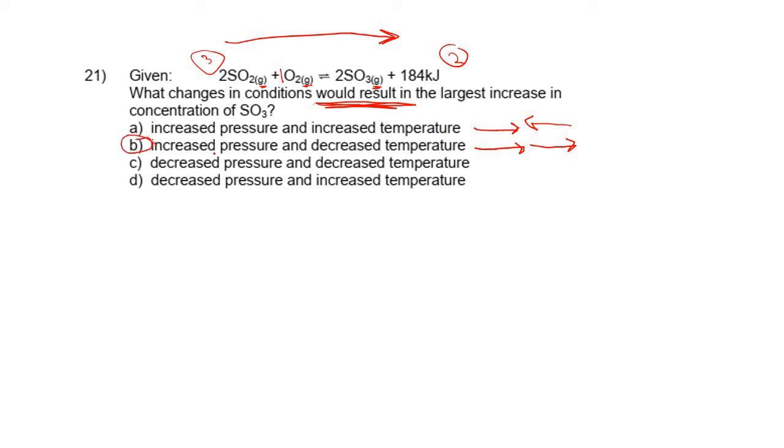So let's look at the other ones. Decreasing the pressure, well, we know. Decreasing the pressure means then we're going to shift towards what's taken away. So that's going to result in a left shift. So our answer is definitely B. All right, these are the trickier ones where they give you the outcome and ask you for the stress that caused that outcome.